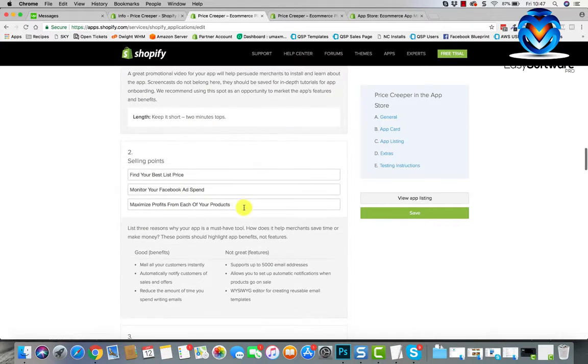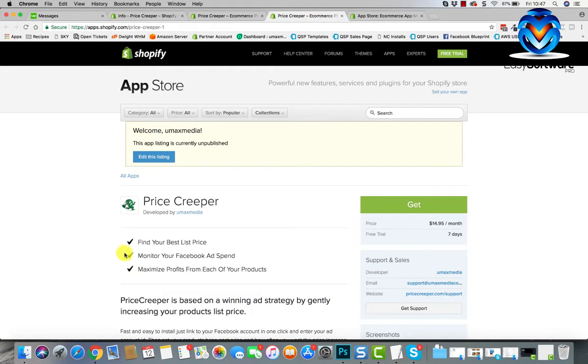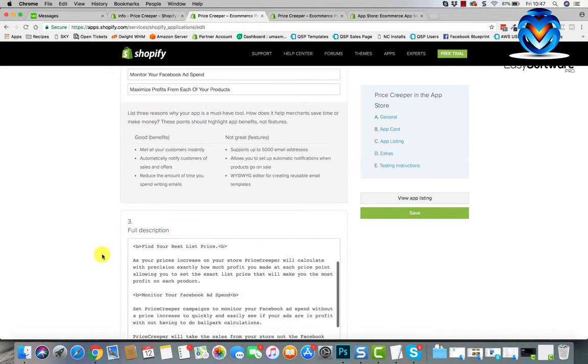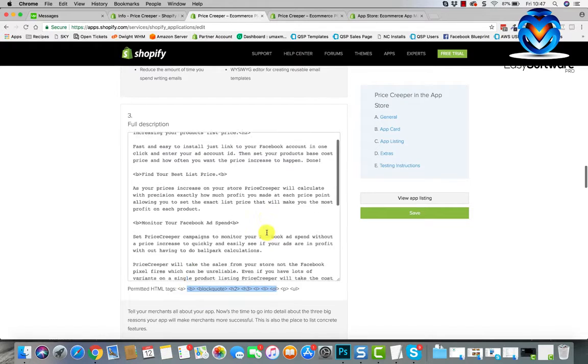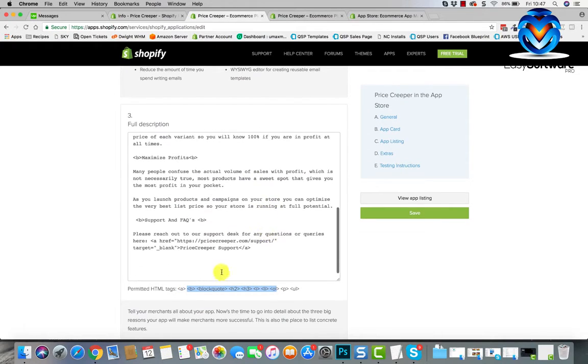That's a good tip. Selling points here, we've got these bullet points here, like this. Full description here. So here I've used some tags. It shows you the tags at the bottom down here. In the new style of listing, you can't use these tags, but you can see, here I've got this B, which is bold,